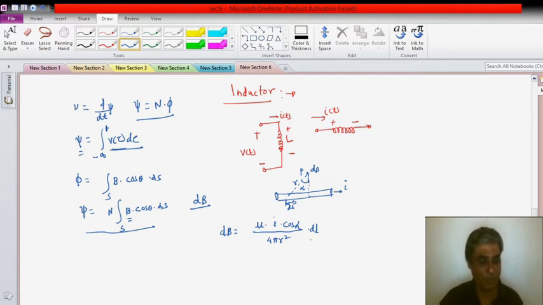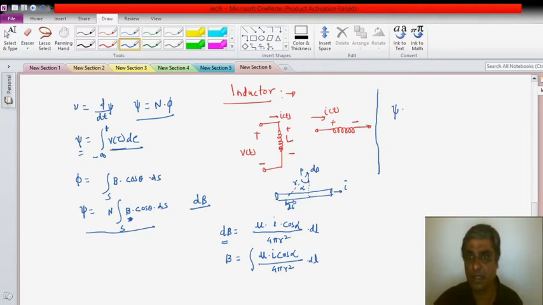Fine. Now magnetic field density, that is the force per unit magnetic pole, we know. So what can be written now? I would like to express this in terms of B, and this is a small change. So what I will do is integrate this. If I integrate, I'll get mu I cos alpha over 4 pi r square with respect to dl. So now I will use this